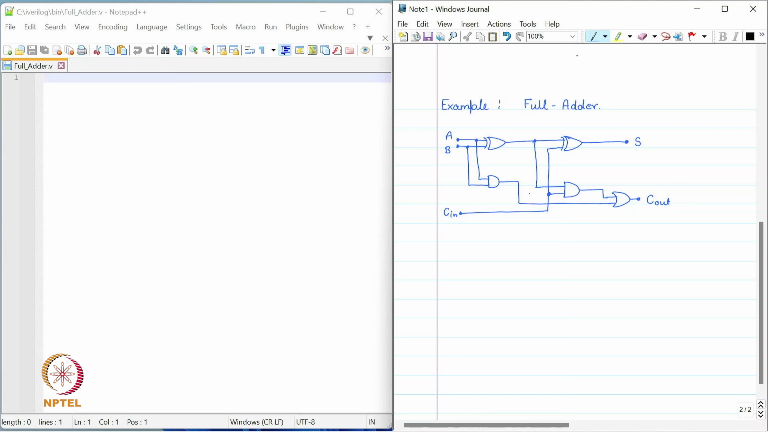So here we have a full adder which has two inputs A and B and the carry from the previous stage. These three are connected in such a way that we use two XOR gates, two AND gates and one OR gate here. The output of this XOR gate is S, which is the sum, and the output of this OR gate is C out, which is the carry. So if we write the truth table, which is very well known for the full adder,